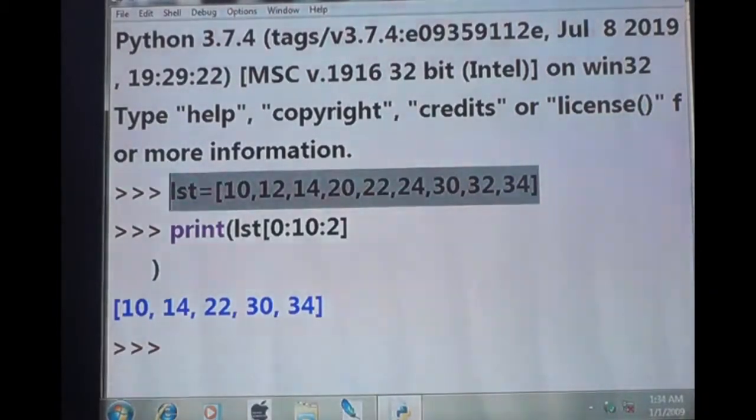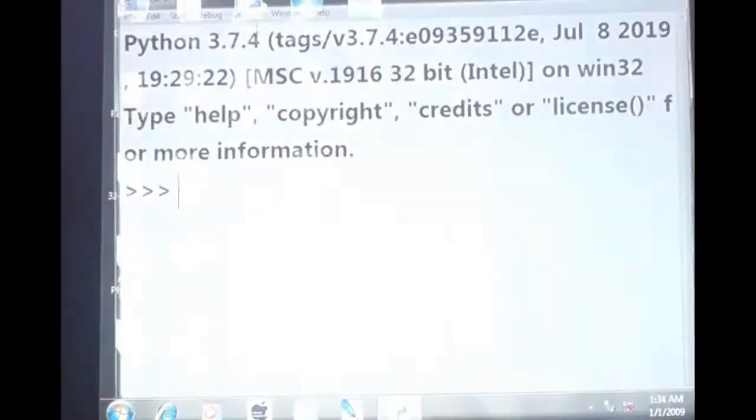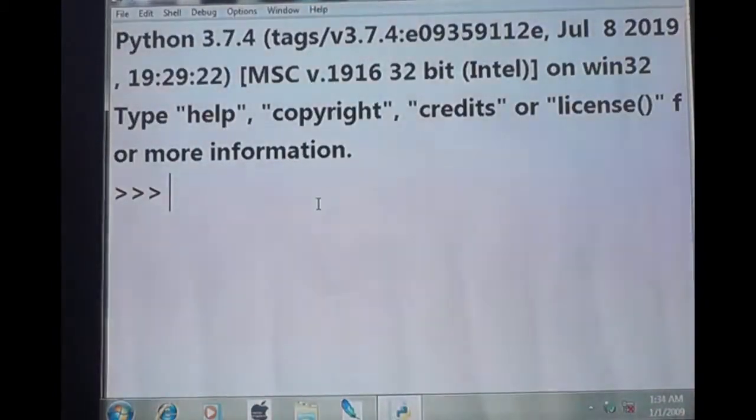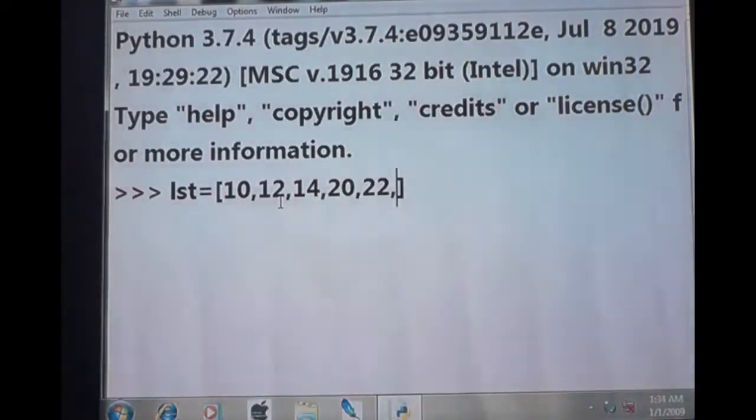Okay. So list is equal to 10, 12, 14, 20, 22, 24, 30, 32, 34. Okay.